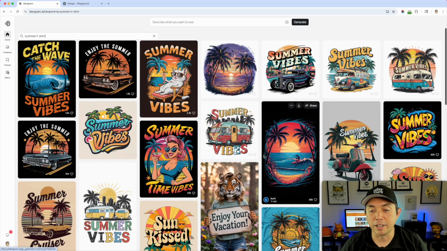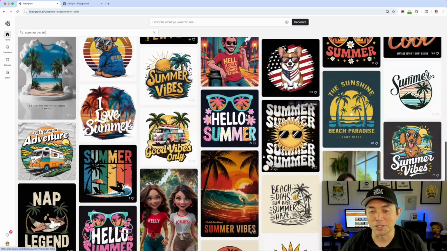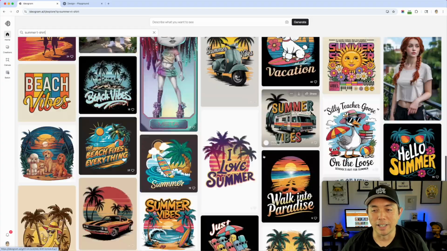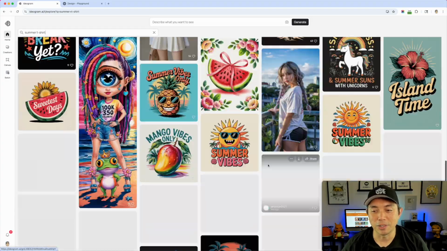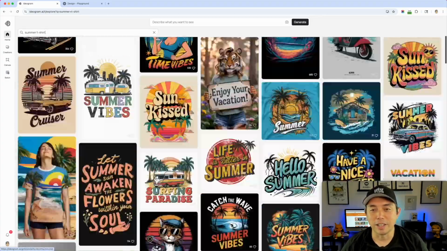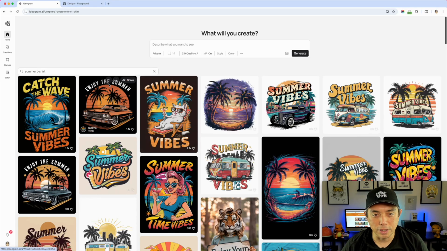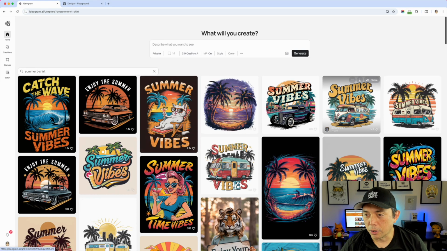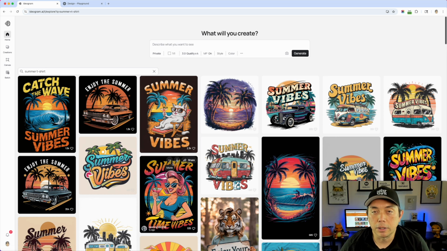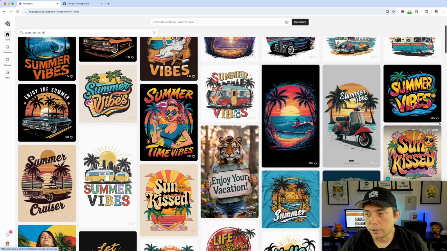So I think Ideogram just has a ton. I'm gonna just scroll for a minute here, and yes, they have a ton of templates, which is good. So that's a good thing. And let's see how good they do for t-shirts. Like, I really like these. They're on black. Some of them are on white, but the design of them are really nice. They look like something you would see on a t-shirt out there. Some of this is done in different styles, which I like.